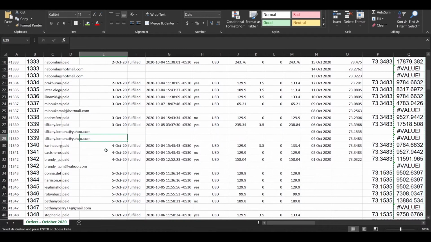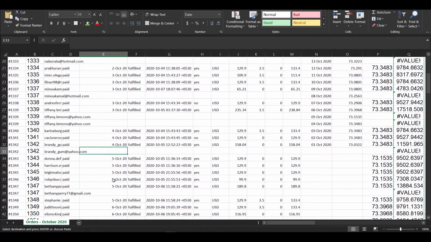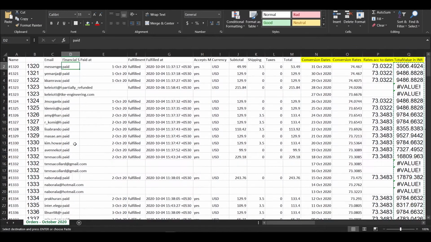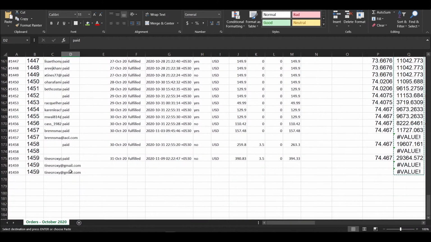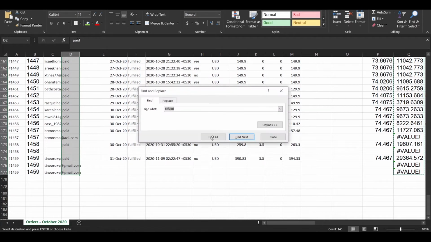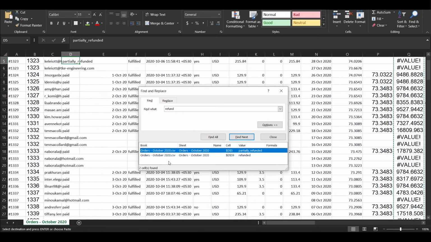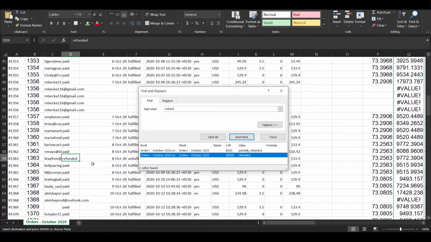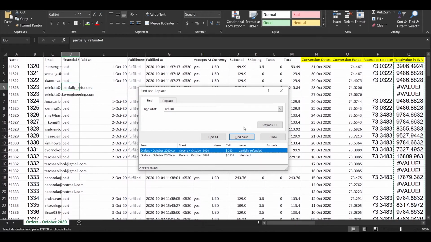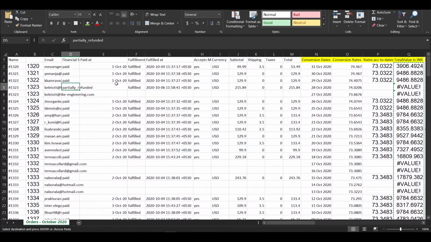And in the other cases also you can check where if any refund has been made. So keep note of the refunds. You can also check for refunded in this column, in the column D, by selecting this column and pressing Ctrl F and typing refund and then find all. Then there are 2 orders. One is partially refunded here, 1323, and the other is 1363. As you can see in 1363 also date is mentioned, but I think in partially refunded there is some issue, that's why the date was not mentioned. So we'll just manually put in the date here.